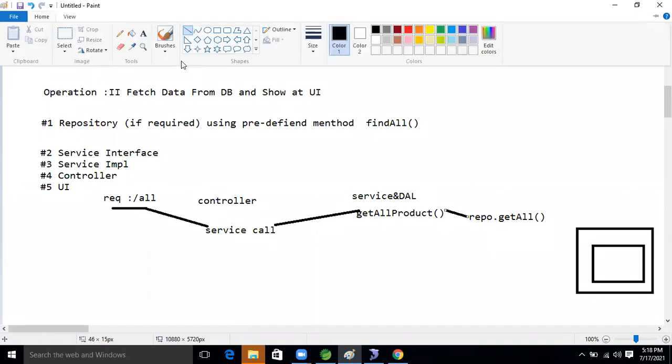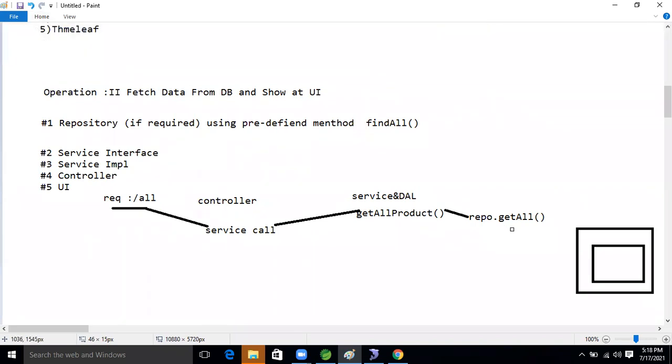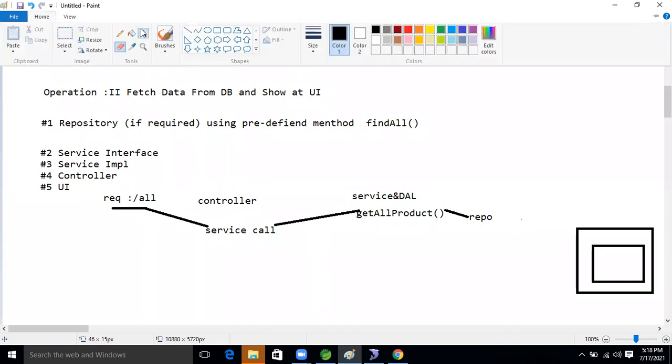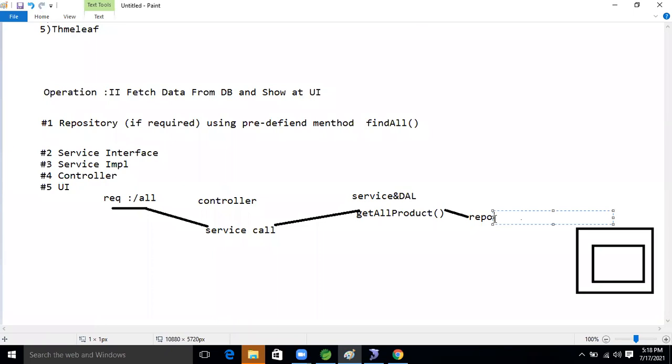It's my mistake. Find all method is there.